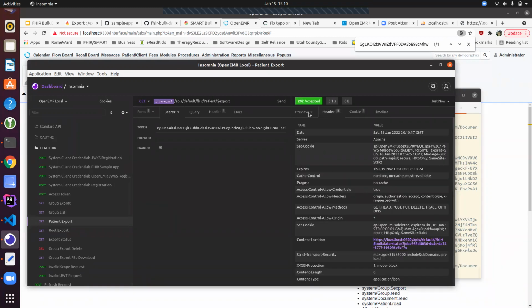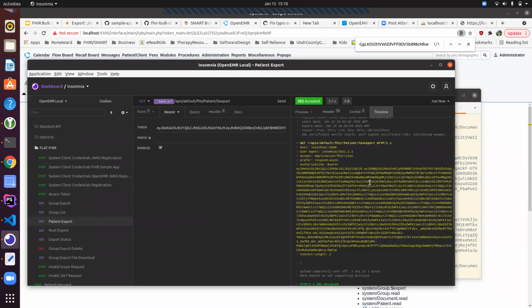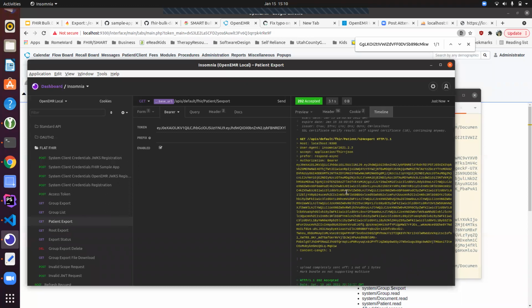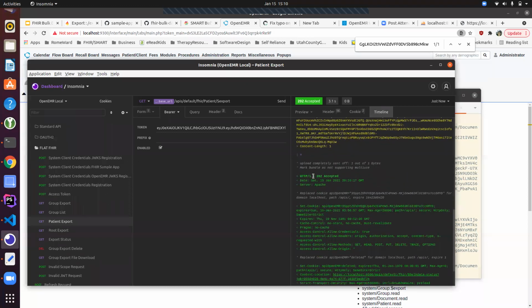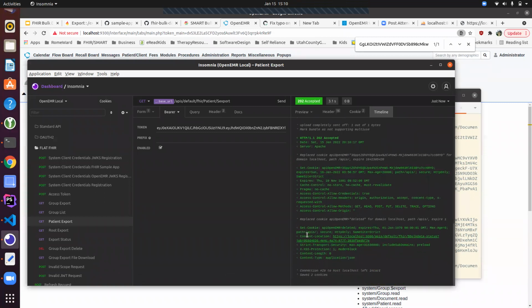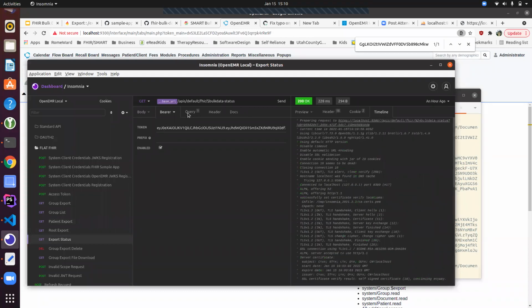So if we look at this 202 accepted, I've got my content location right here. If we look at it on the timeline, it's sending all this information in the GET request, and then it comes back with this HTTP 202 accepted, and with the content location header of here's where you can go for the status check. Okay. So we're going to go and grab that job ID, go to our export status,